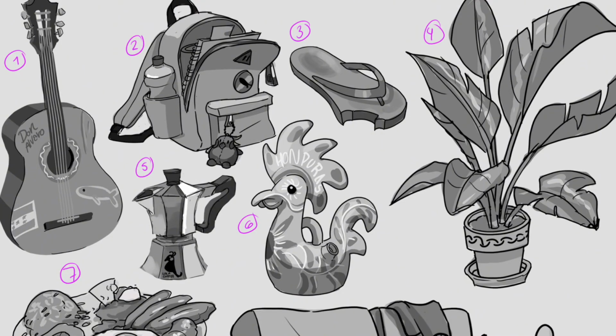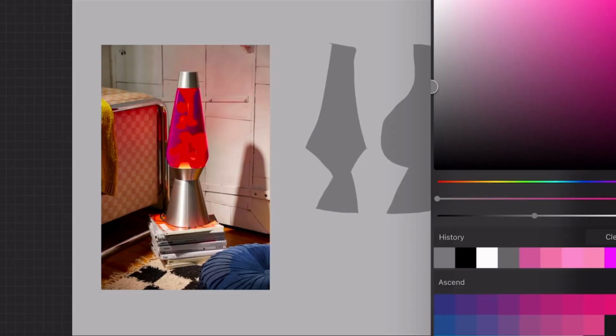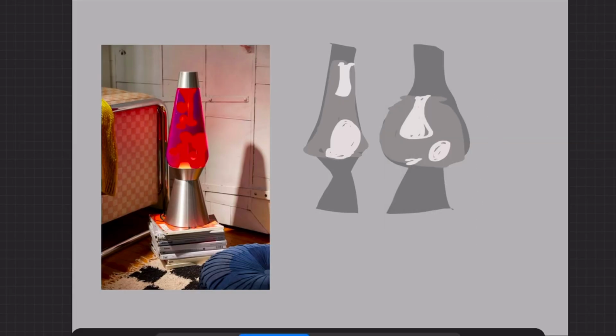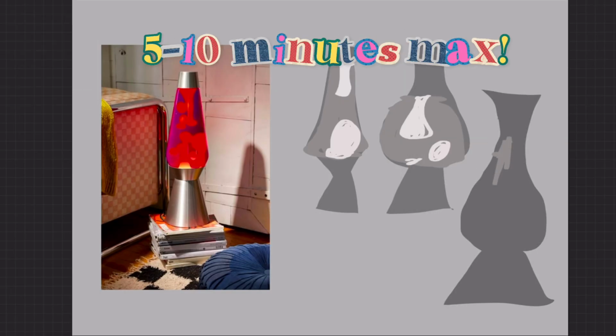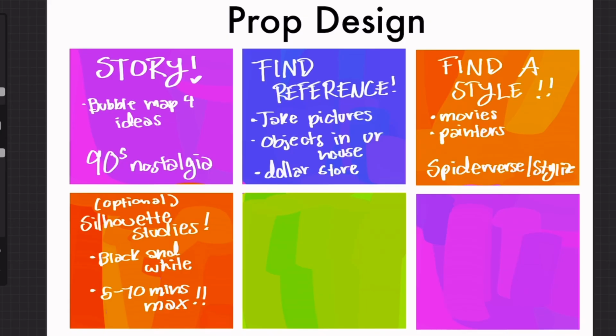I try to make everything as readable as possible, as if I squint my eyes and I can read the shape, then I'm doing a good job. I try to exaggerate the shapes as much as I can, and then I try to time myself and try to keep these thumbnails to 5 to 10 minutes max. I don't always use this method because sometimes I'm lazy and I just want to go straight to painting, but